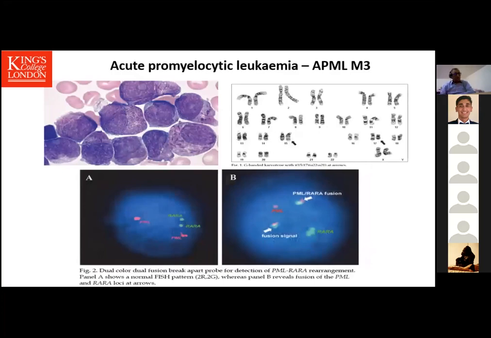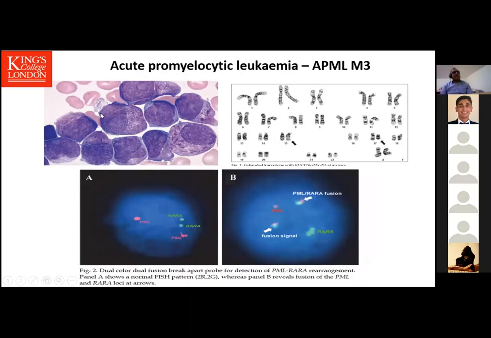acute promyelocytic leukemia. If you do a bone marrow, you see lots and lots of these promyelocytes, and these tiny needle-like structures are Auer rods. These are the collections of granules, abnormal granules, and these are abnormal